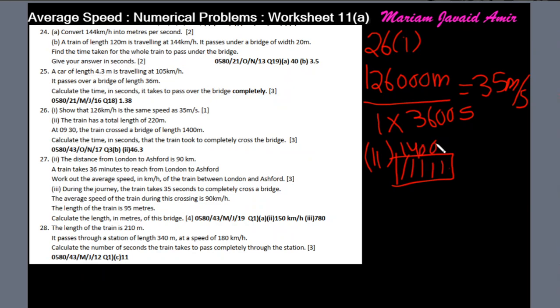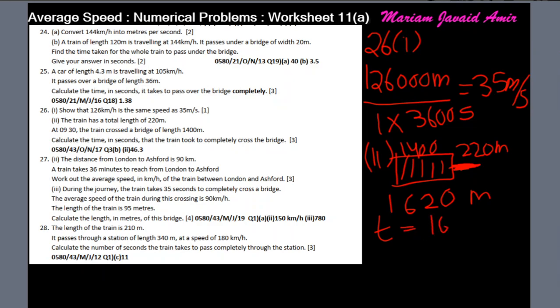We have a train which completely passes through the bridge, and its length is 220 meters. So the total length is 1620 meters,